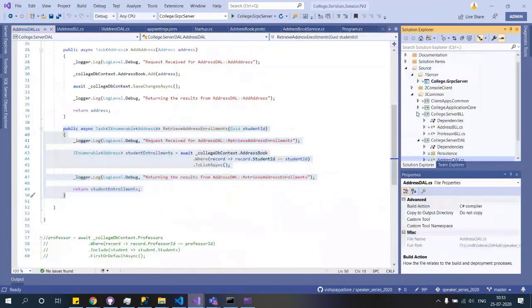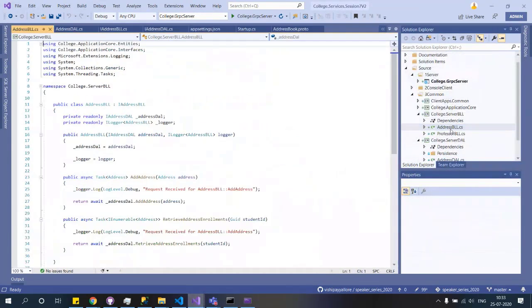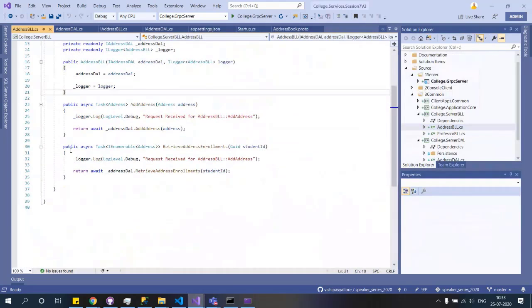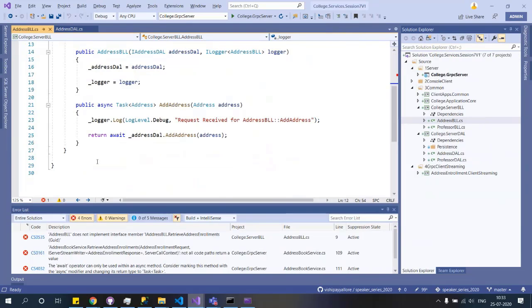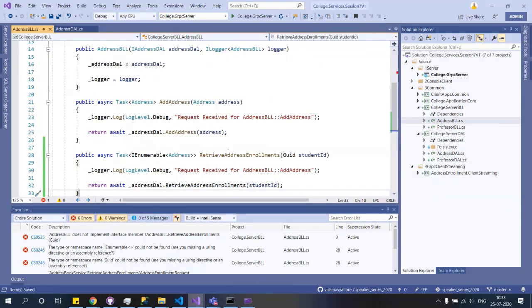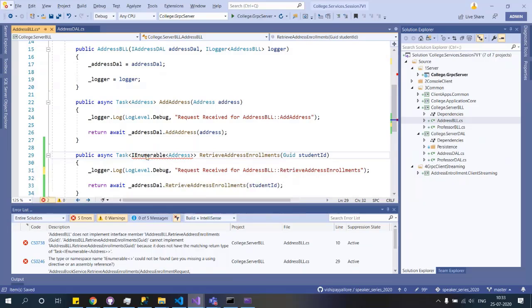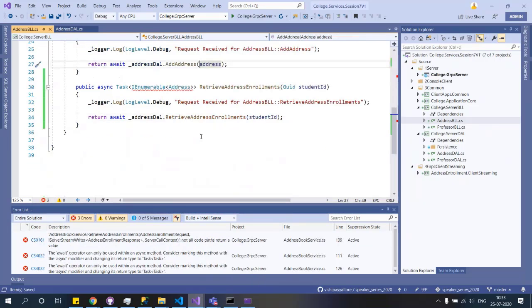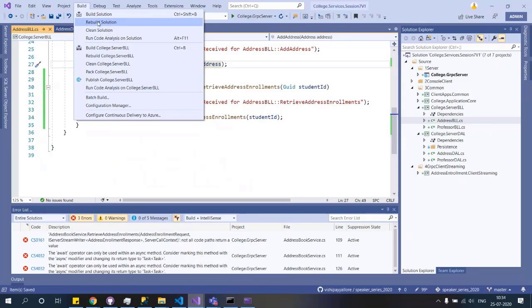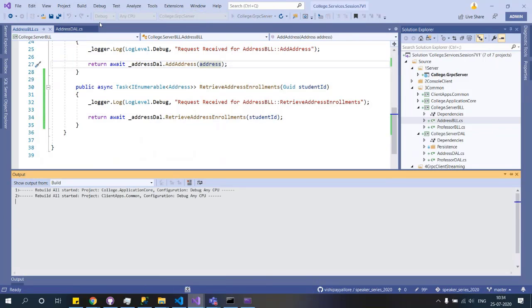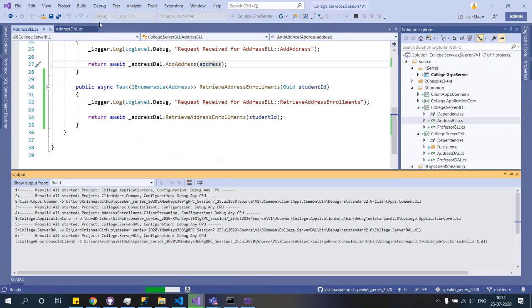Now let's go to this address BLL and let's copy this. We're calling in here, and I will change this real quick. That is done, and IEnumerable. Cool. I think everything should be real clean now. Everything should be real clean.